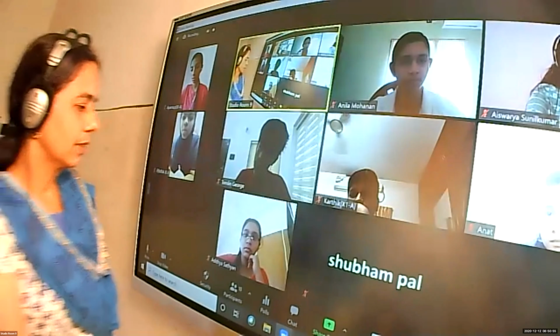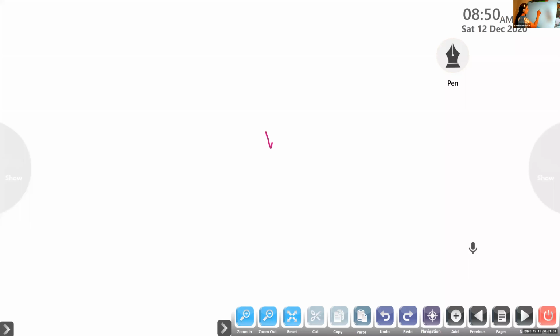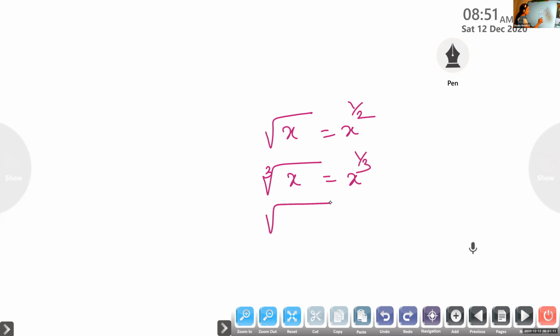Okay. Listen, whenever we write like this, root. What is meant by root x? This means x raised to half. Suppose we are writing like this, it means x raised to 1 by 3. Cube root. This is fifth root. Note down all those things, children. In general, this is nth root. x raised to 1 by n is the nth root. Whenever we write index within the root, that means 1 by. We have to take the reciprocal. It is 1 by.